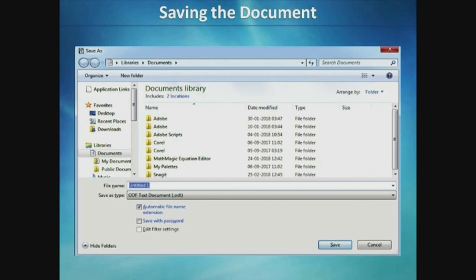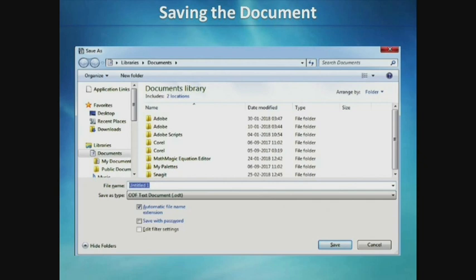After selecting the file format, the last step of saving the document is clicking the Save button. By clicking the Save button only, our document will be saved with another name. Otherwise, it will continue with the Untitled 1. After saving the document, we will continue our typing or editing the document.